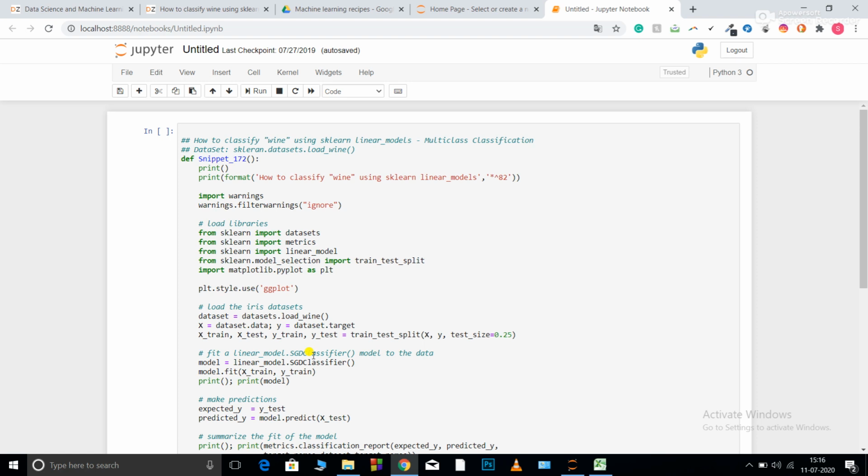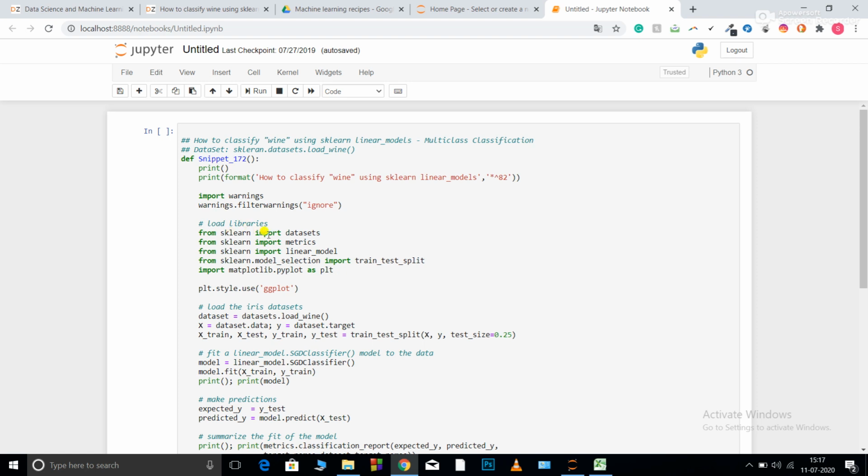So SGD classifier just means that instead of using any other computational technique, it is using stochastic gradient descent. One of the most famous optimizers is the ADAM optimizer, adaptive momentum. That is a completely different thing. If you want me to upload a video regarding the ADAM optimizer, please write that in the comments.